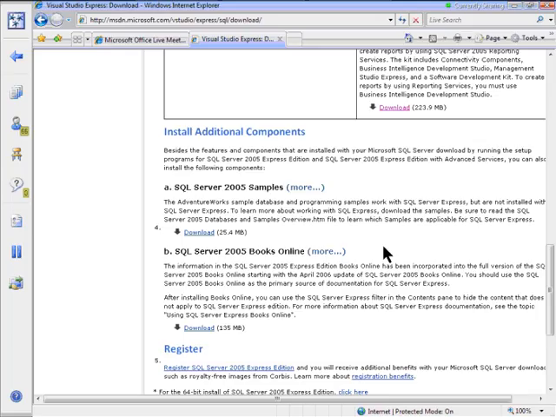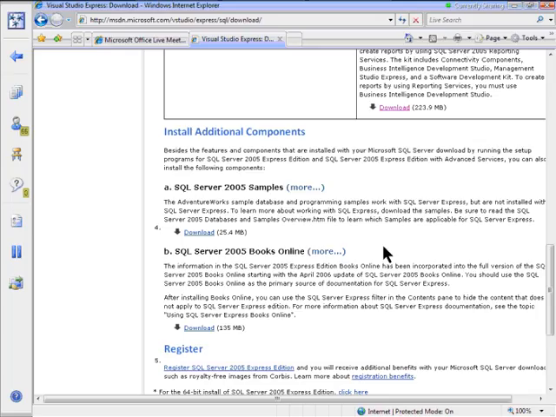What do select statements look like in Transact SQL? How do I update data? What kind of syntax do I use in Transact SQL to update data? What's a stored procedure, and how do I write a stored procedure, and then how do I call it from code, and things of this nature. So these samples will be very useful to you, especially if you're just starting out with SQL Server and you're